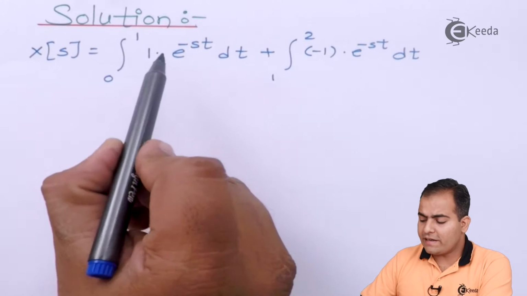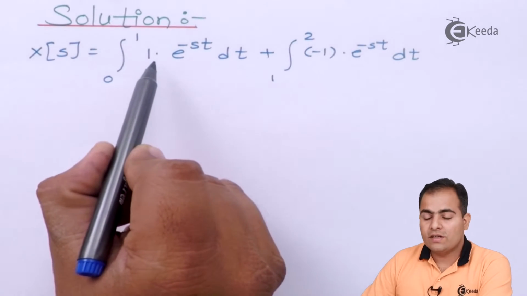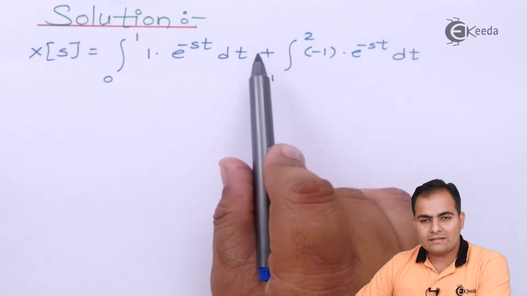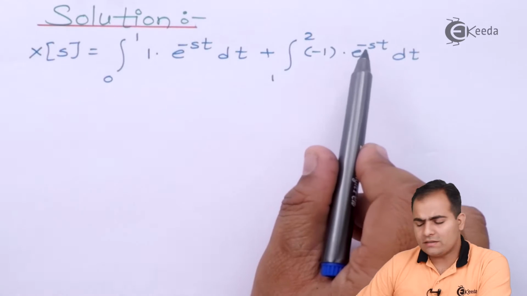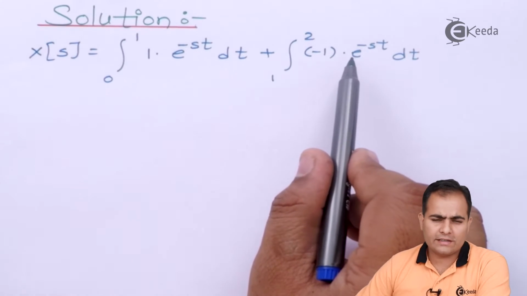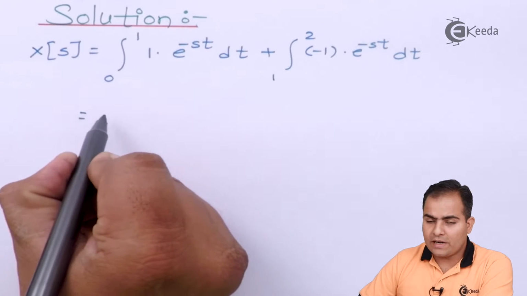We know that the integration of 1 into e to the power minus st is e to the power minus st. Whereas in the second part I will take the minus sign common, or outside this bracket. So what you will get is 1 into e to the power minus st, and this remains as it is, that is, e to the power minus st will be integrated. So the first bracket we have